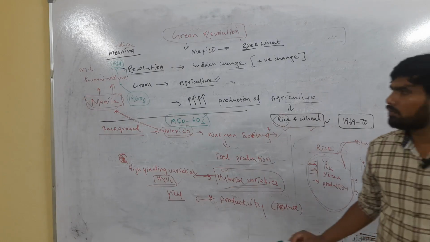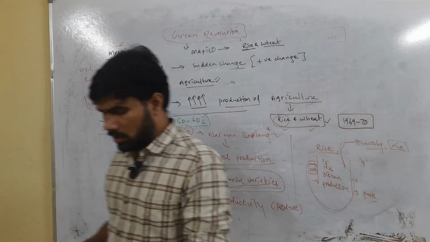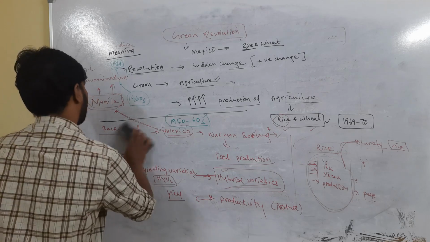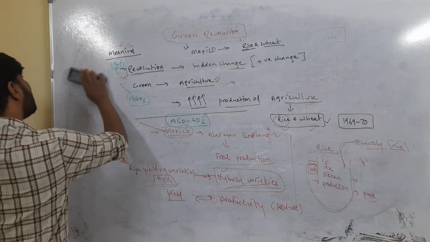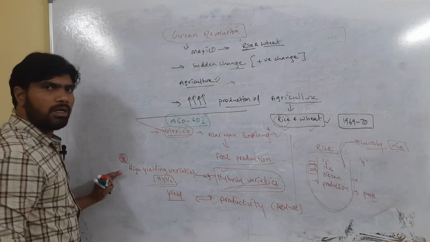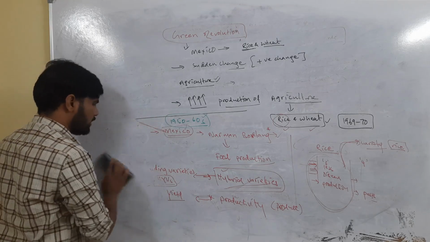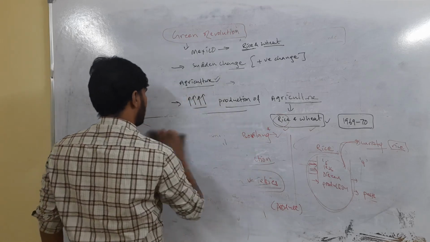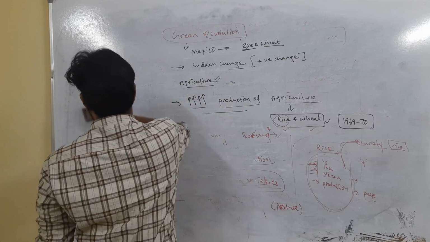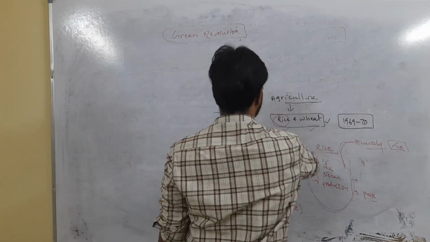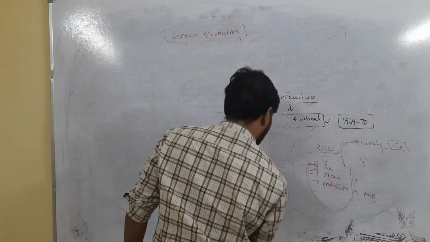Then what was the need for us? Like I told, there was a shortage of food grains in the developing countries, and of course our country was also facing that problem. So you have understood the international background, why the green revolution or the cultivation of high yielding varieties was started, right? Then we will go a little forward and see what happened in India.